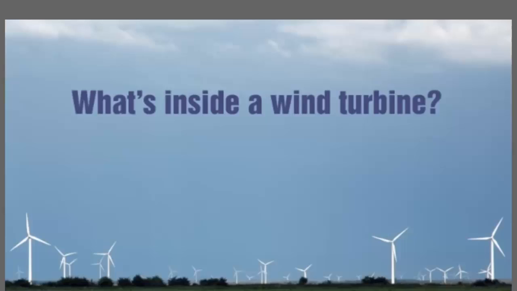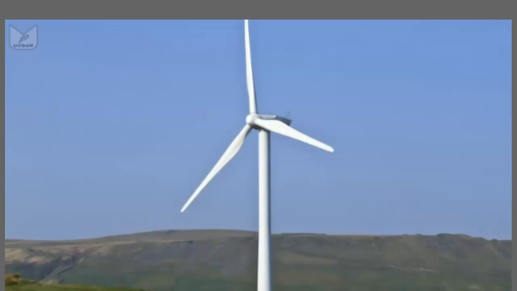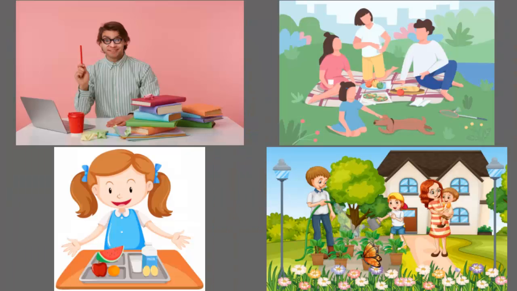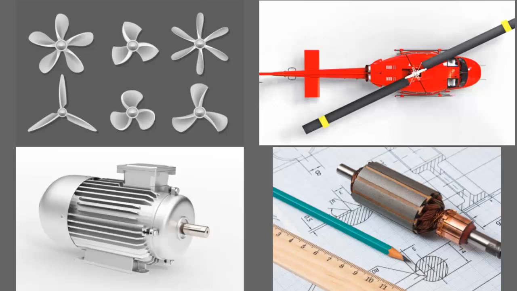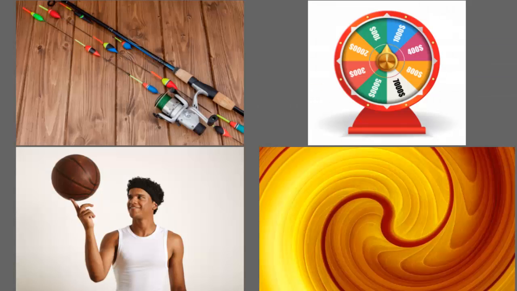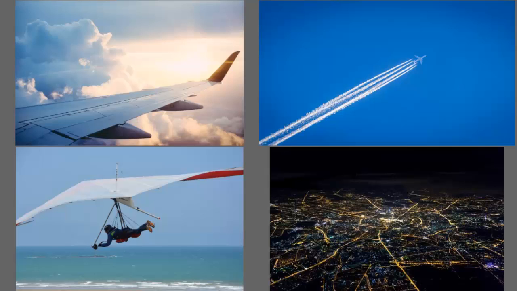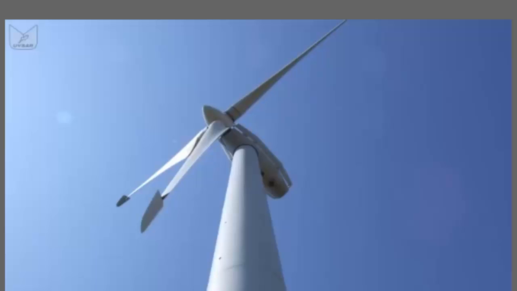Now exact designs do vary, but almost all the turbines in use today are horizontal axis machines, which have a 3-bladed rotor spinning in a vertical plane